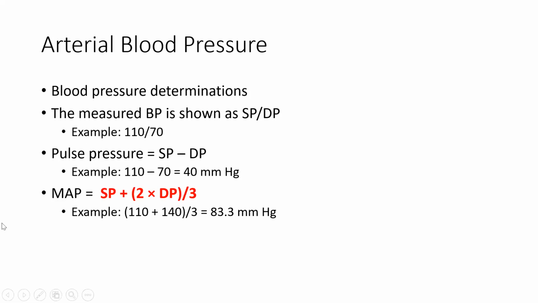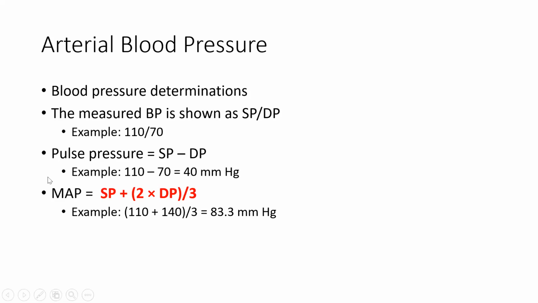And then another interpretation here is the mean arterial pressure. We've talked about this value earlier. We talked about it being an expression of our driving force, an expression of our pressure gradient. One way that we can calculate this value using our systolic and diastolic pressures is this formula here: the systolic pressure plus 2 times the diastolic pressure, divided by 3. That usually gives us a reading of about 83 millimeters of mercury as our